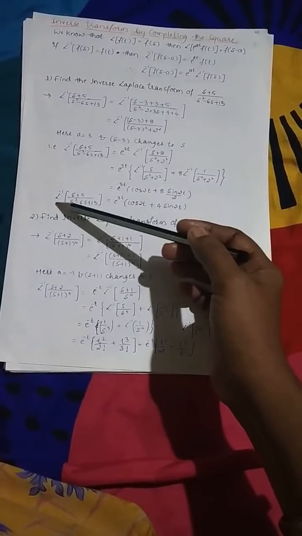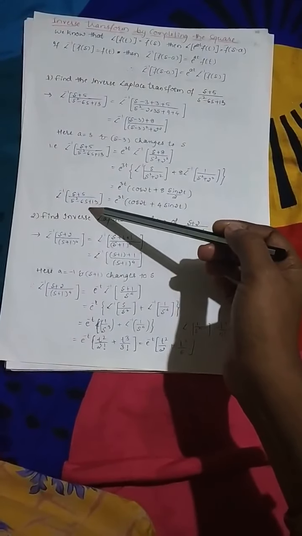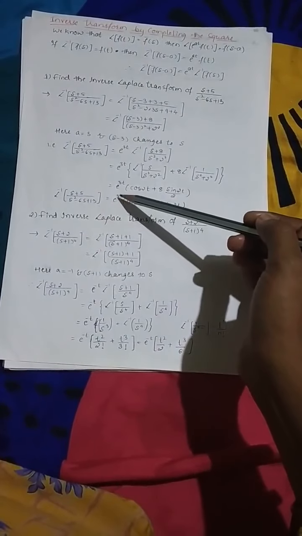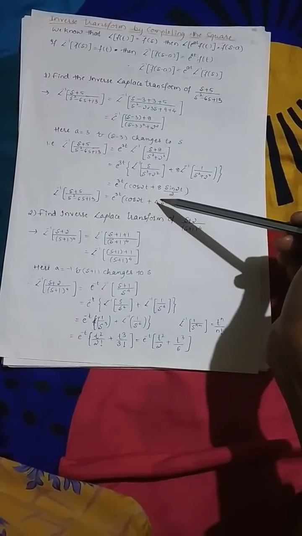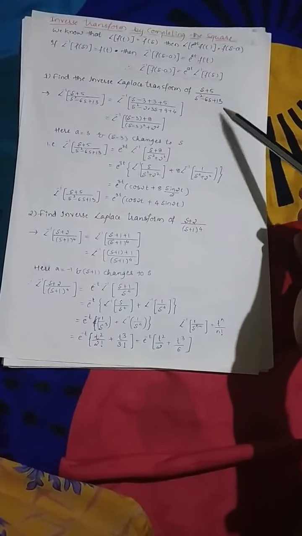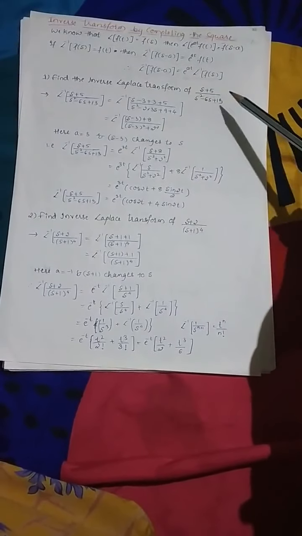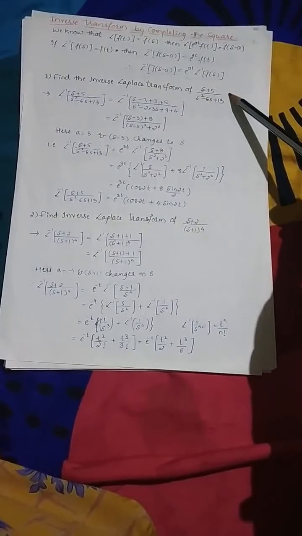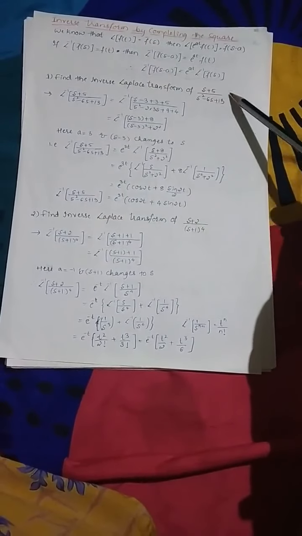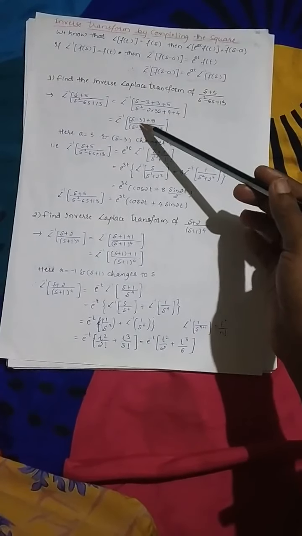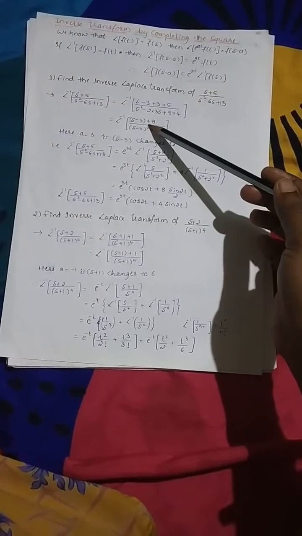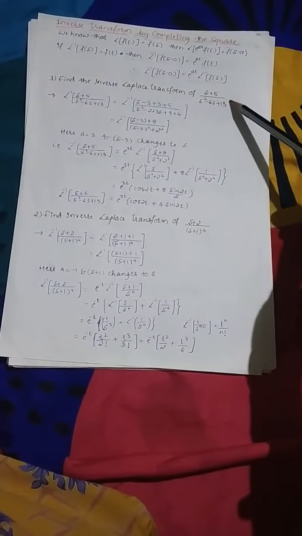That is L inverse of s plus 5 upon s square minus 6s plus 13 is equal to e raised to 3t into bracket cos 2t plus 4 sin 2t. That means, how are we applying the property here? First, the given term is f bar of s. We are changing f bar of s to f bar of s minus a. To apply the property, we are changing how